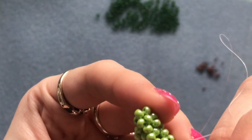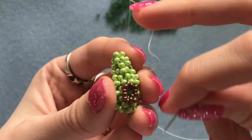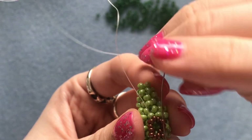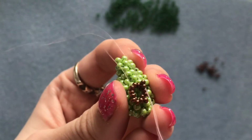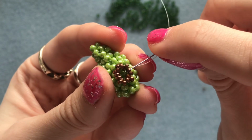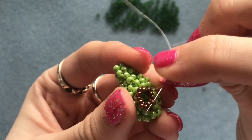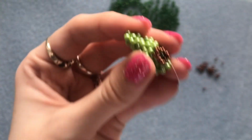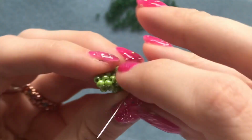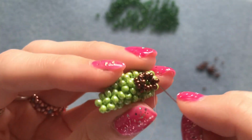This time pick up 1. You're coming out of this bead on the corner, skip the 2, go through the next single bead. Same again. Pick up 1, you're coming out of this one, skip those 2 underneath and go through the single bead which is on the corner. And again, pick up 1, go through the next single bead. And finally, pick up 1, skip the 2 underneath, go through